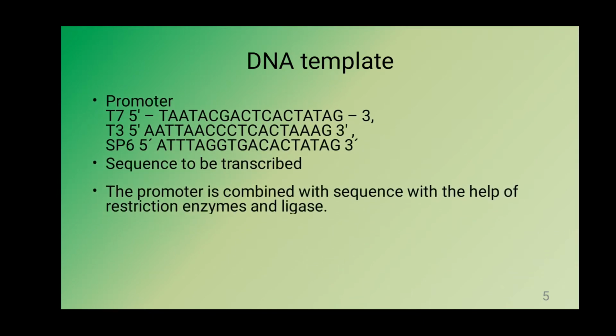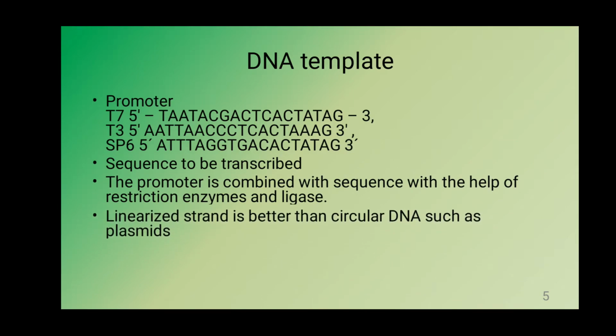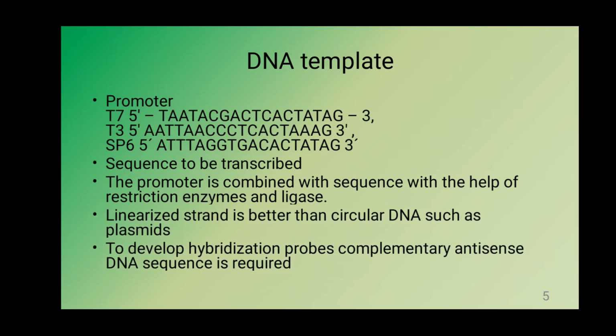Now we will see about the DNA template. The DNA template contains two portions. The first part is a promoter. Most commonly, bacteriophage-specific promoters such as the T7, T3 or SP6 promoter sequence are selected for the DNA template, followed by the DNA sequence which is complementary to our desired RNA sequence, combined together. To combine them, the promoter and template DNA contain adapter sequences that are recognized by the same restriction enzyme. Then we cut them, combine them together and ligate them with DNA ligase. Now the promoter and DNA ligated combination will be obtained.